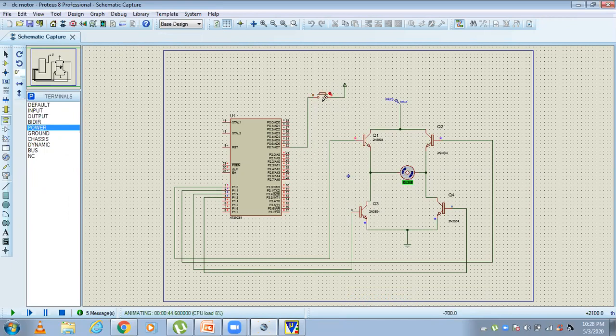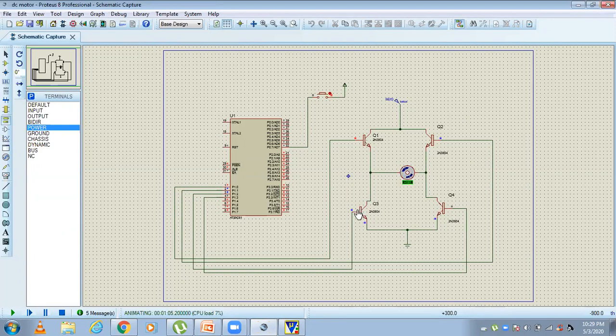Now listen here. Now the switch is open, so 0 volts goes to port P0.7, and the motor has to rotate in the clockwise direction. Switches 1 and 4 should be closed, and switches 2 and 3 will be open.